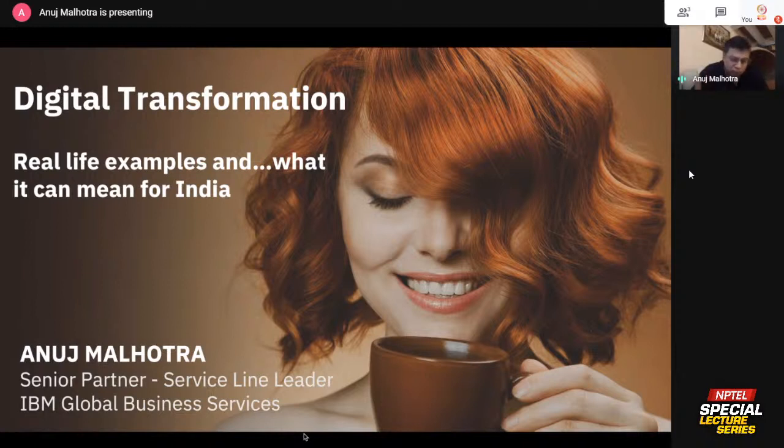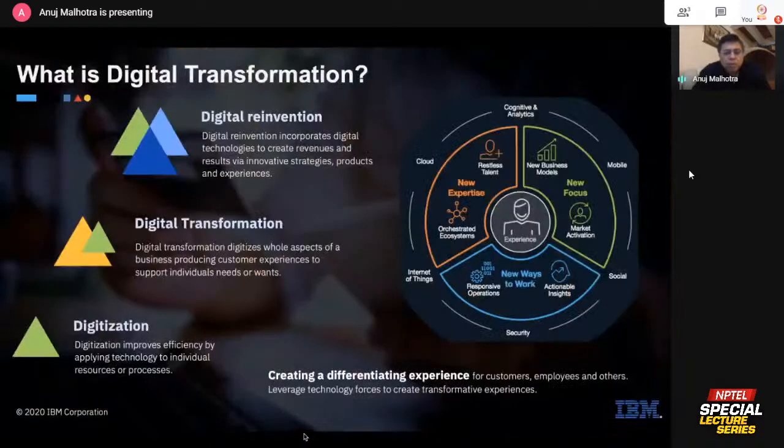You see a beautiful woman on the screen, and that smile is all about the experience of the coffee that she is drinking. It does not matter what technology was used to make that coffee, a DeLonghi machine, an espresso machine, doesn't matter, right? It just matters on the experience that she gets out of this. Digital transformation is something very similar. It's about using a plethora of technologies which are called digital, all to make a difference on the experience on the guy in the center here, which is your client or your customer.